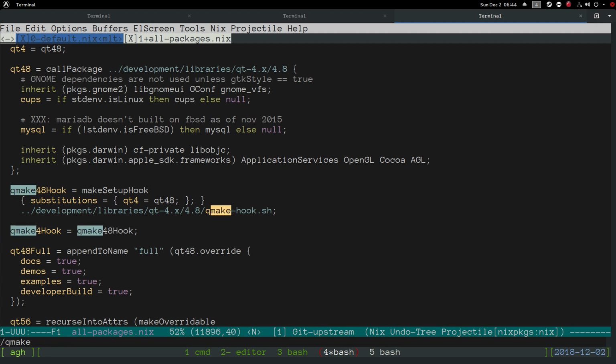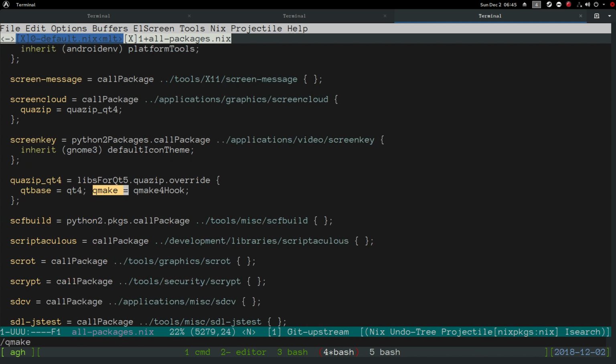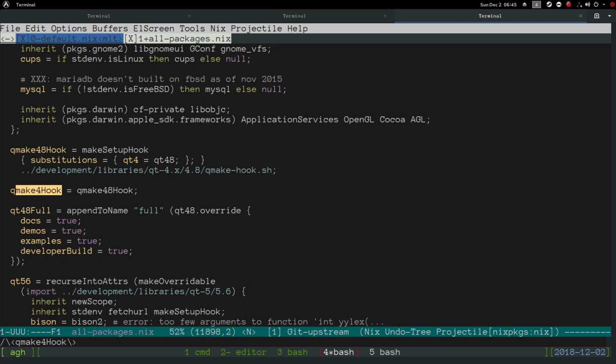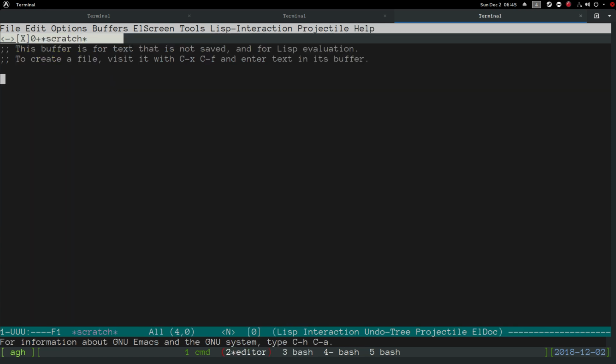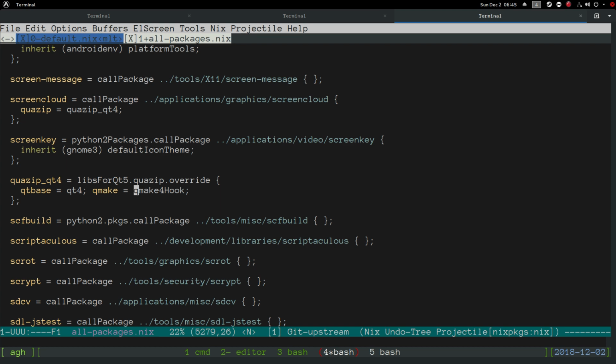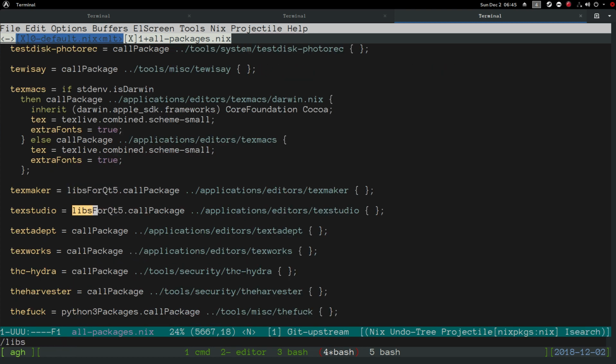QMake, where are you? QMake 4.8 hook. I'm suspicious about this because it's doing Qt 4.8. Alright, we'll skip on that for now, because that's Qt5, not Qt4. There's no real interest in that. I would have thought there would be